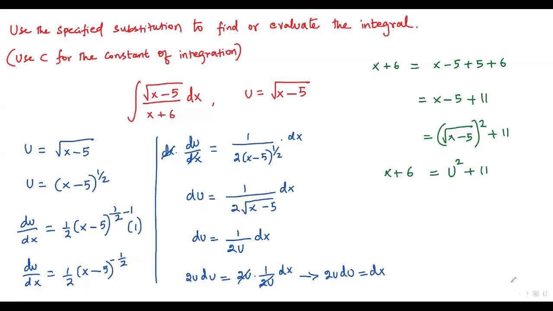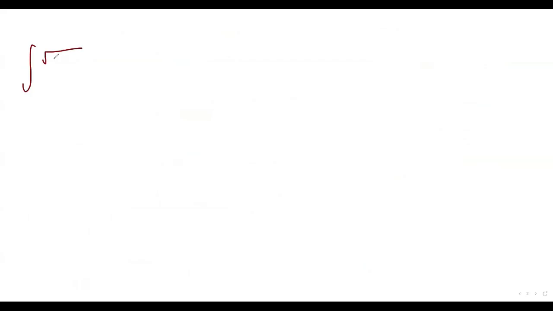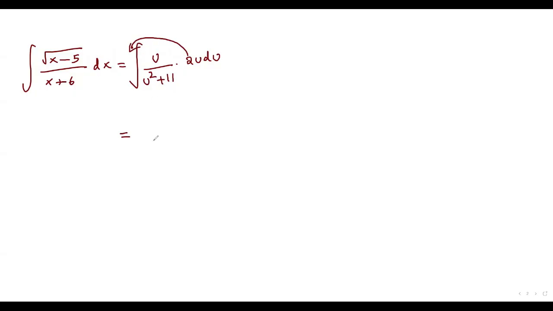Okay, now let me continue on the next page. So here let me write the original integration, that is square root of x-5 over x positive 6 times dx, and for this square root of x-5, we can substitute u, and for this x positive 6, we can plug in u square positive 11, and for this dx, we can plug in 2u times du. Okay, now this is a constant multiplied by the variable part over here. In integration, whenever there is a constant multiplied by the variable part, it can be moved out of the integration. When it moves out of the integration, I am getting 2 times integral. And also when I multiply this u and u, I am getting u square over u square positive 11